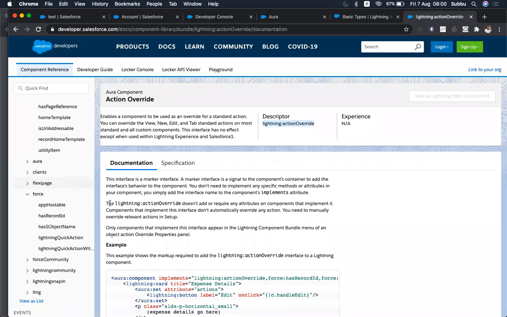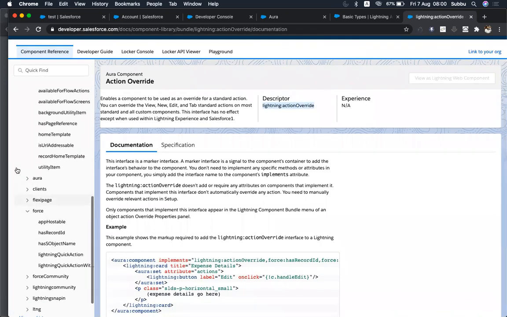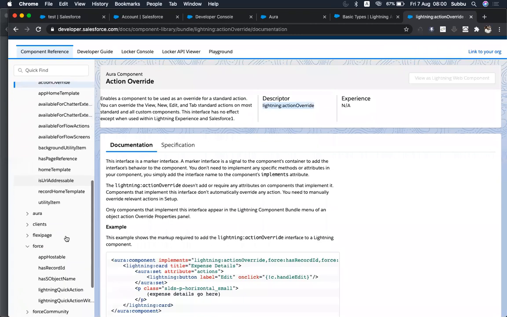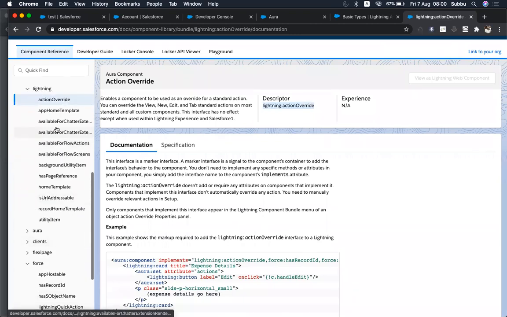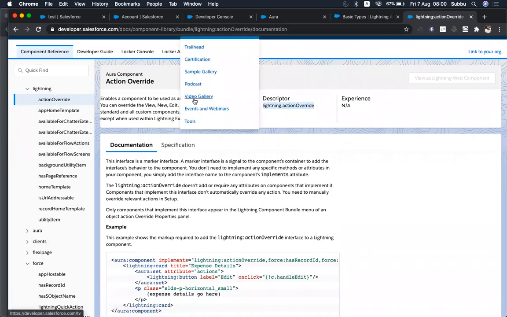Override, action override. So you can come here and you can decide based on that. Most of the names are self-explanatory. You don't need to go and read it. So see here, what is that edit button? That is something like an